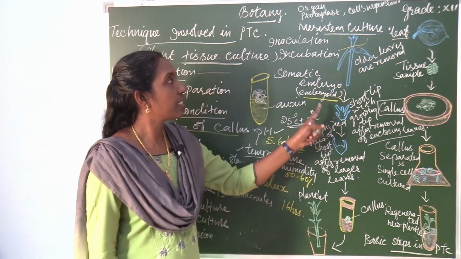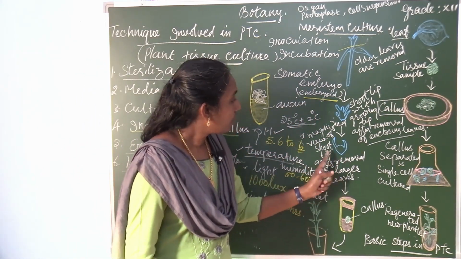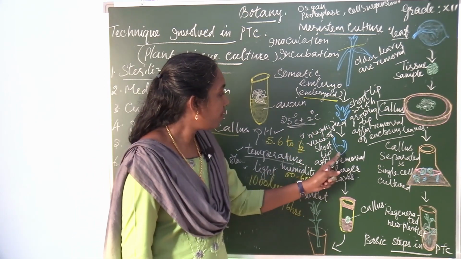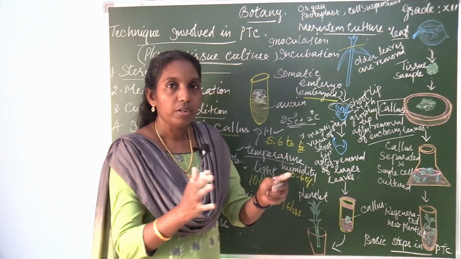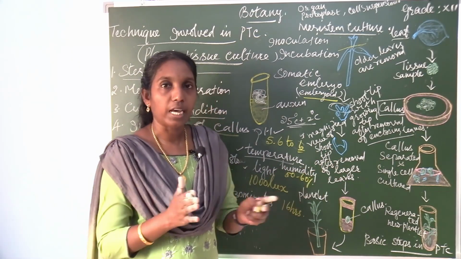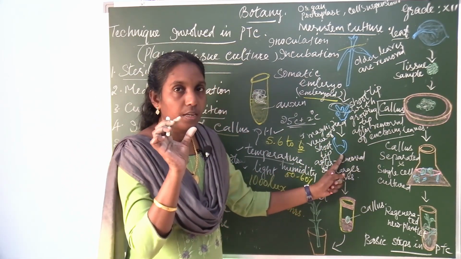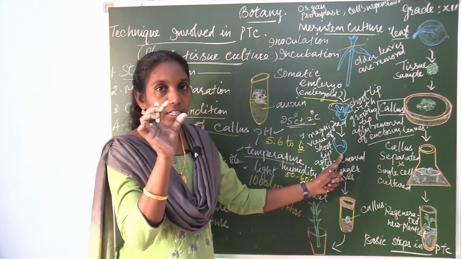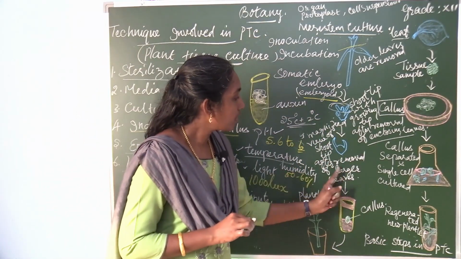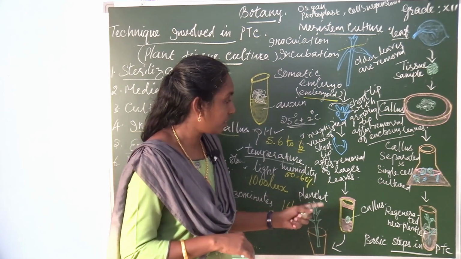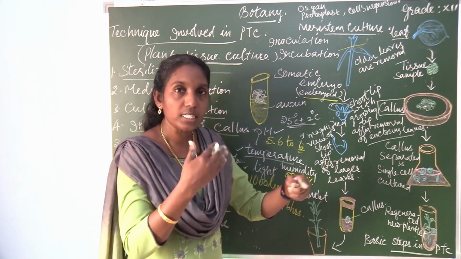This is the shoot meristem culture. Only the shoot tip is allowed to grow. This diagram shows a magnified view of the shoot tip. The remaining larger leaves can be removed, and only the shoot meristematic region, the young tip, is selected. Usually the tip region contains meristematic tissues. So the meristem can be derived and allowed to culture. Now it is transferred to the culture medium. This is the culture medium, and the meristematic tissue is transferred.